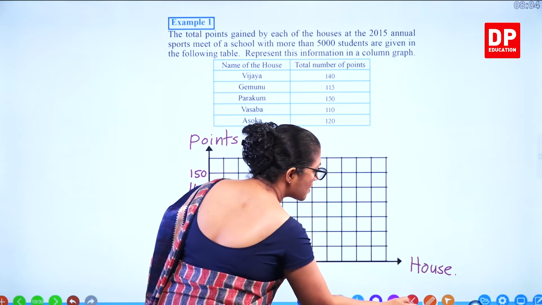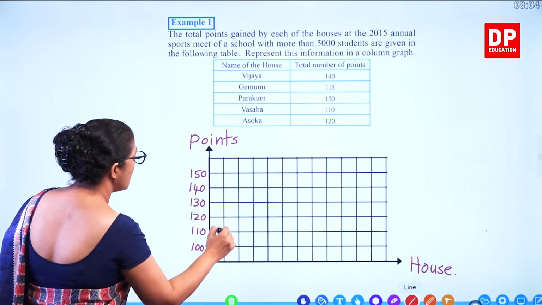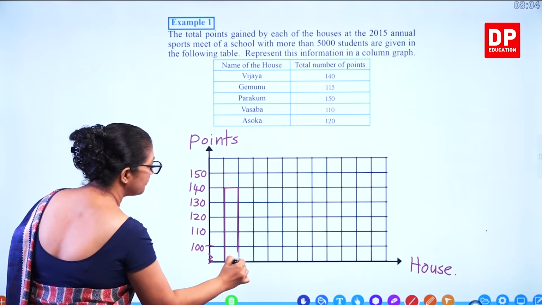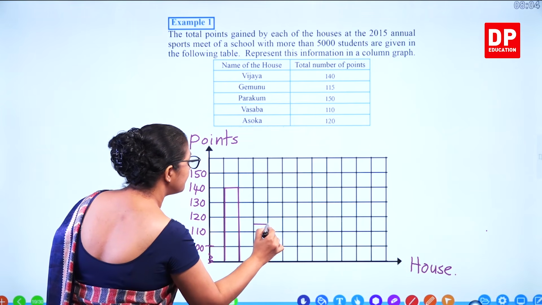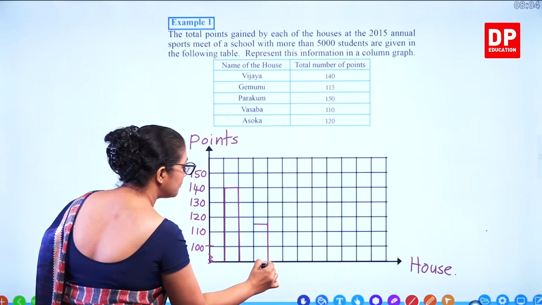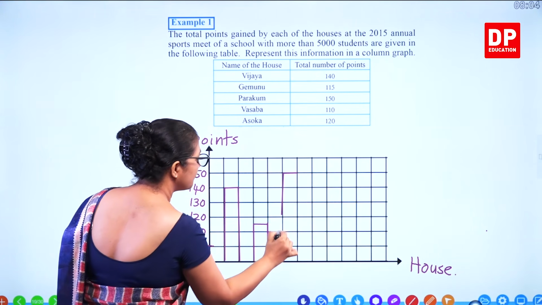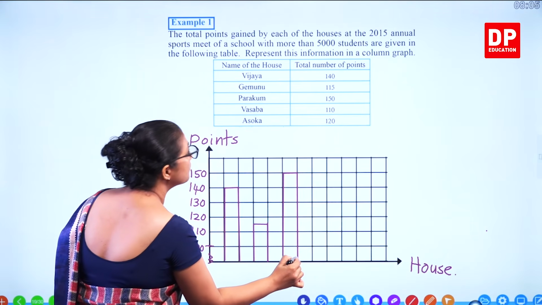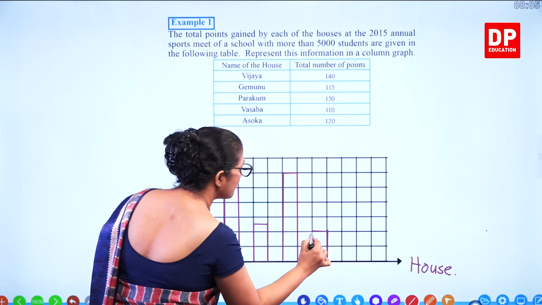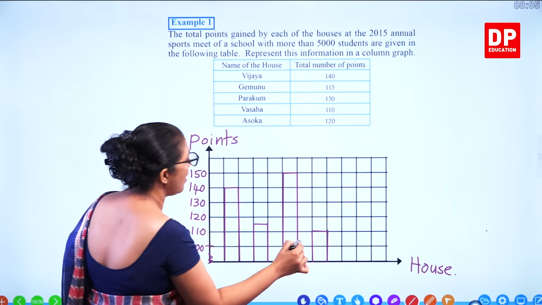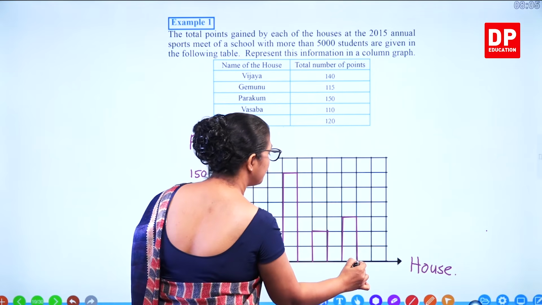Now we'll mark the bars. 140 for the first house, Vijay. 140 is here. 115, that's in between 110 and 120. 150. 110. 120. So these are the